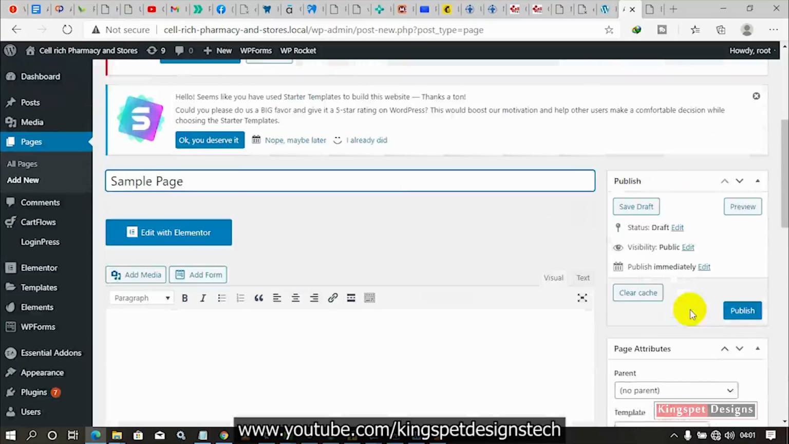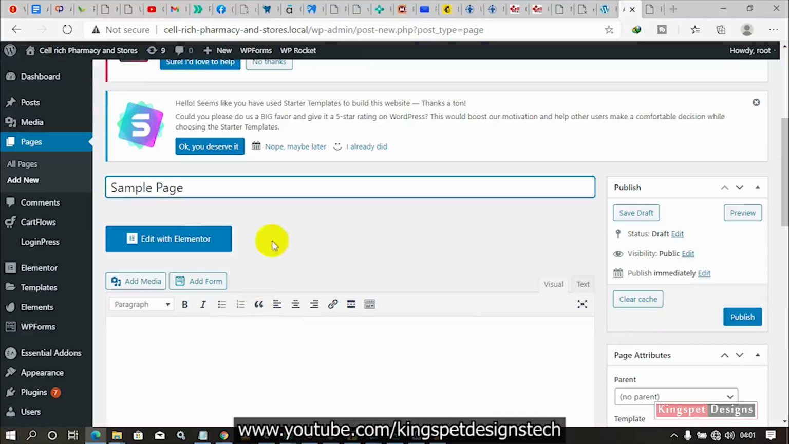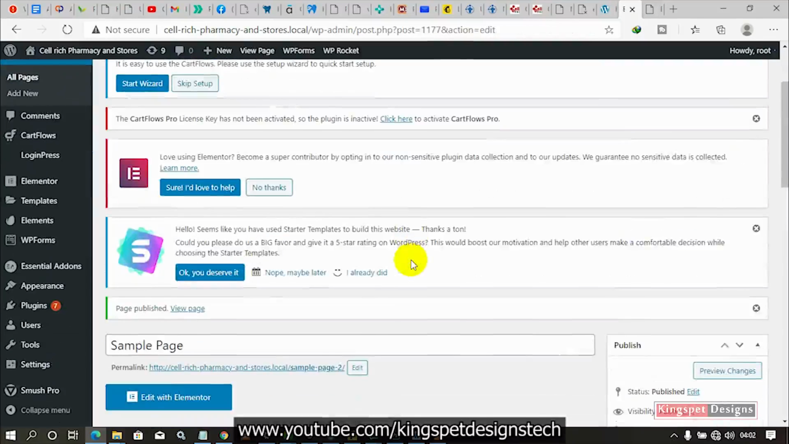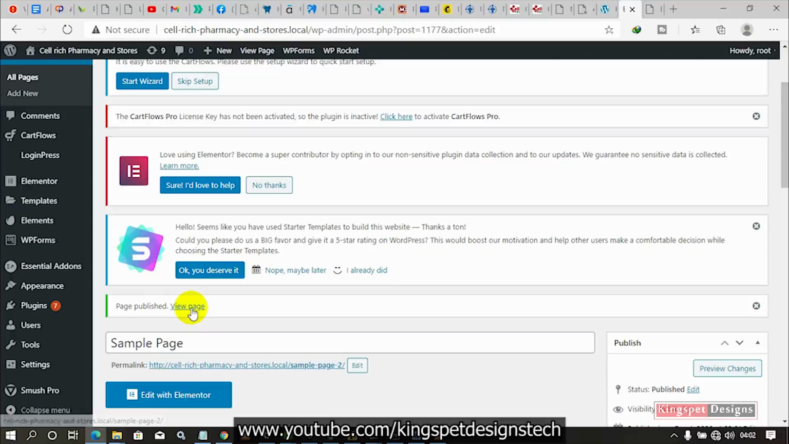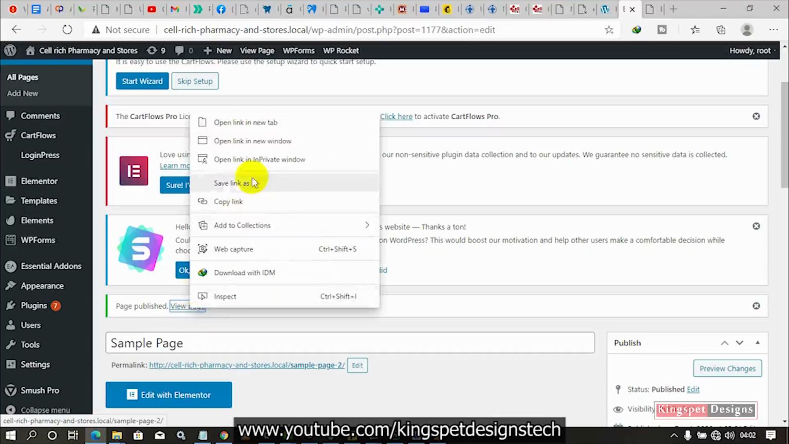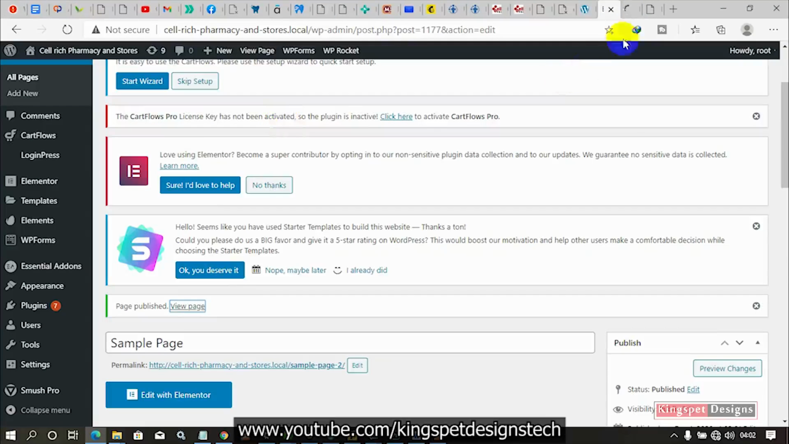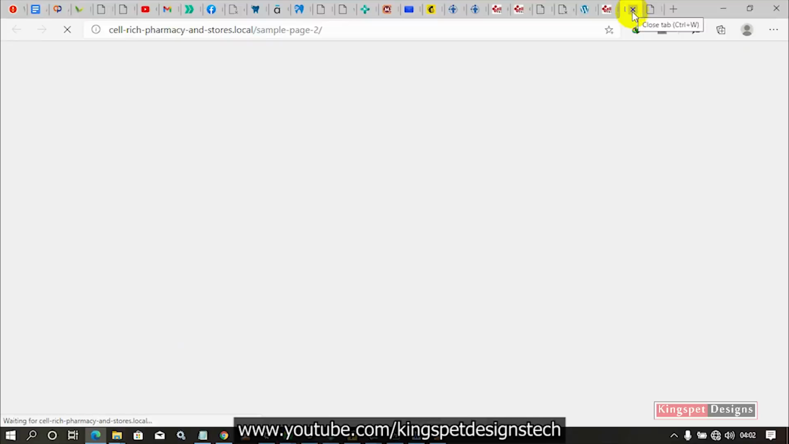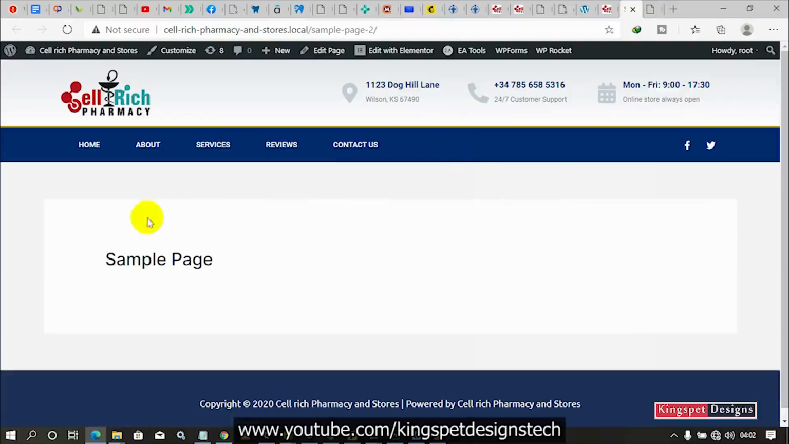Once I name it, I can publish. Let me publish the page. My page has been published, you can see it has been published. If I view the page now, I'm viewing it. When I view the page, you're going to see that it comes with a title. You can see it came with a title,